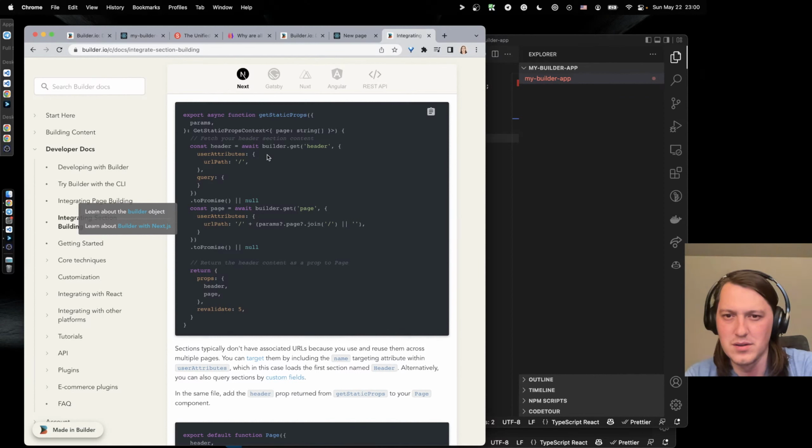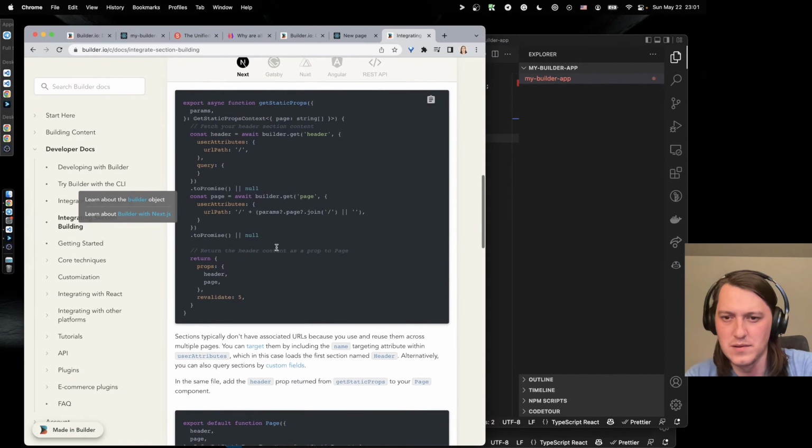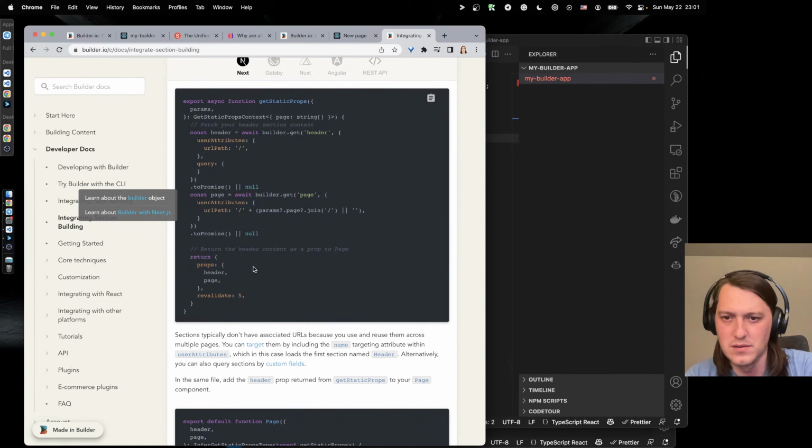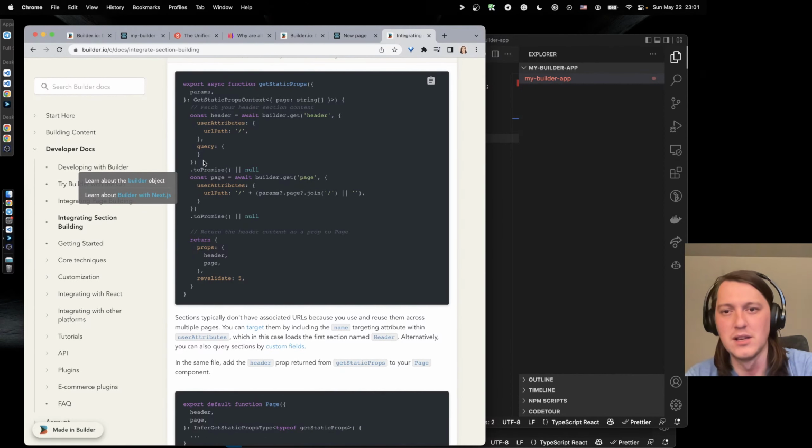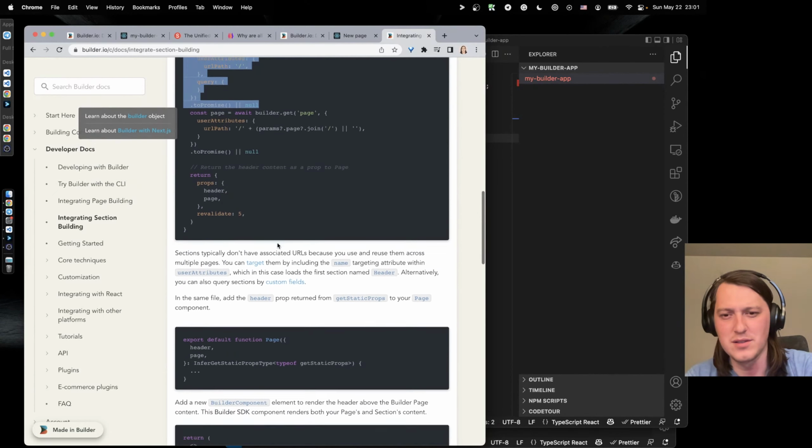So get header instead of page, right? So PHP to promise. Oh wait. Okay, SSG is probably not important, but otherwise you are chaining your promises, so you have to wait for this one and you have to wait for this one before it starts.